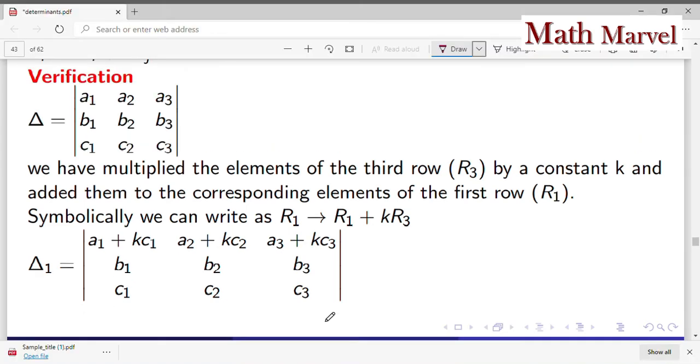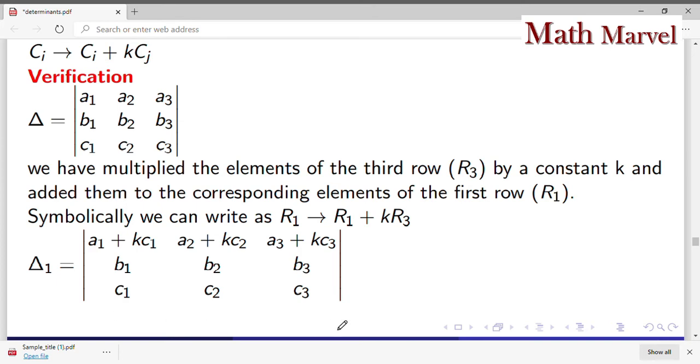मतलब कि अगर हम डिटर्मिनेंट में कोई भी एक रो या फिर कोई भी एक कॉलम को कोई एक कांस्टेंट से मल्टीप्लाई करके दूसरी रो या फिर दूसरी कॉलम में ऐड करते हैं, तो हमारा जो नया रिजल्टेंट डिटर्मिनेंट होता है उसकी वैल्यू भी क्या होती है? जो हमारा ओल्ड डिटर्मिनेंट होता है उसके जितनी ही रहती है. ओके, सो आफ्टर दिस टाइप ऑफ ऑपरेशन ऑन डिटर्मिनेंट देयर इज नो चेंज इन वैल्यू ऑफ डिटर्मिनेंट.